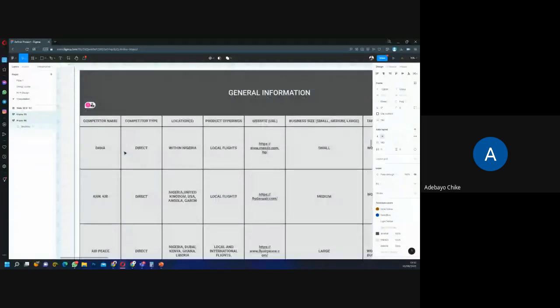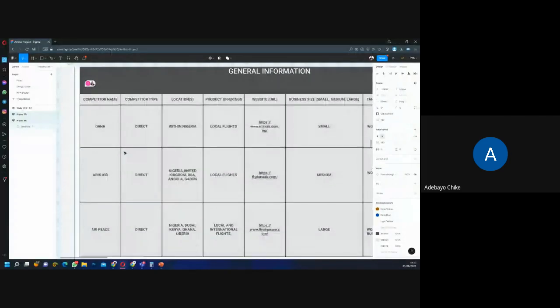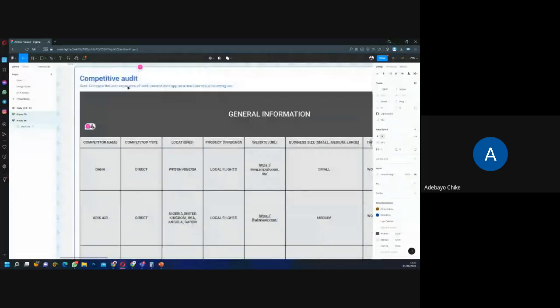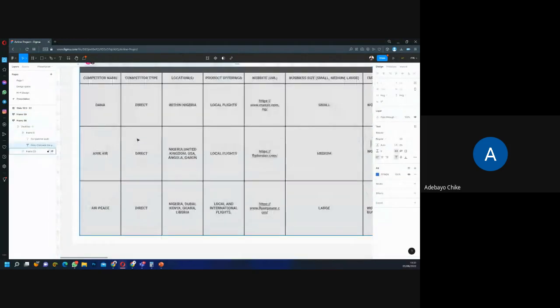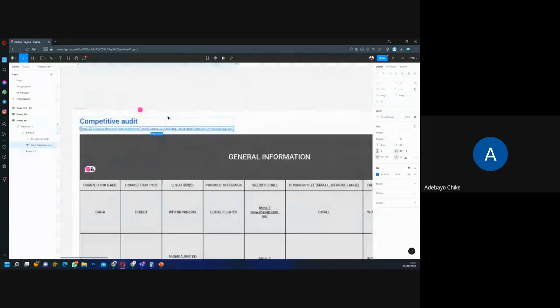So this is a competitive analysis, right? A competitors analysis, competitors audit, anyone you can call it. So it's for an airline. The airline is a local airline, right? And it's trying to go international. So in this competitor analysis, you see we are comparing the user experience of each competitor's app as a new and a returning customer. That's why I said your competitors analysis should have a goal. What are you actually checking for, right? Since you are checking for the user experience on the app,